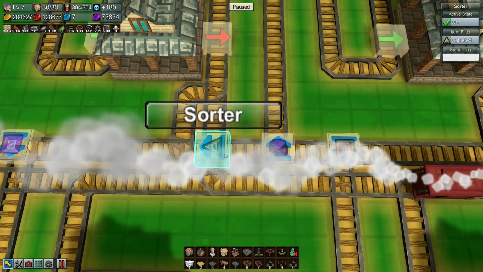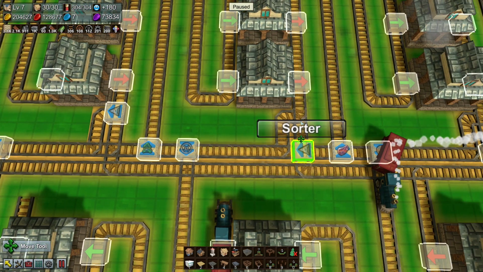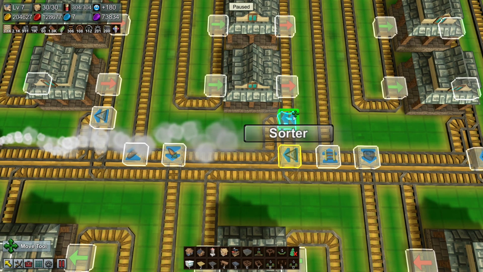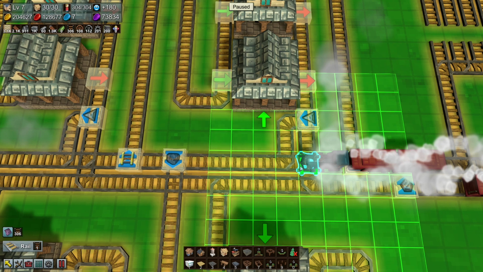This is where I really wish you could copy and paste on top of rails. If you copy a rail and then paste it on top of another rail, it will let you do it, but it doesn't, unfortunately. So, okay, I put that there, right? And